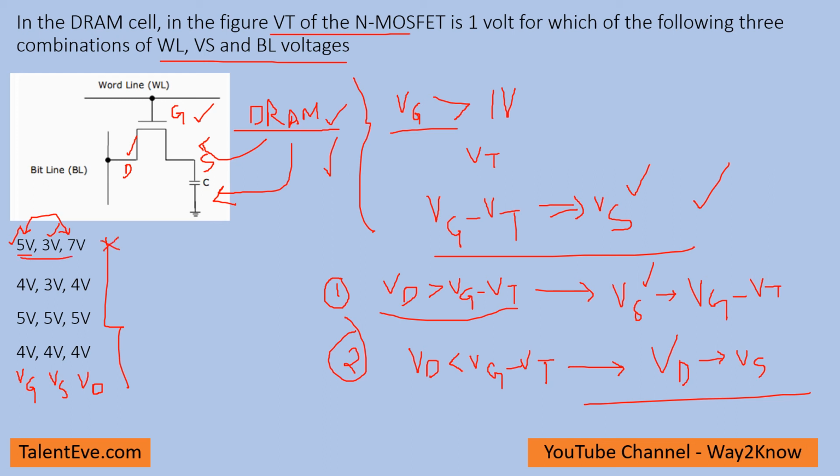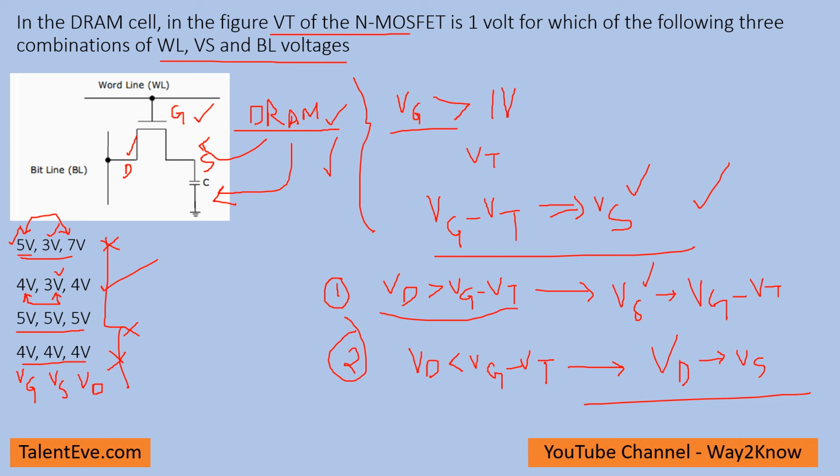And then if you see here, Vg is equal to Vd. So that means either of them would be applied, where Vg minus Vt, which is nothing but 3 volts, will be applied to Vs. That means this is the correct option. So definitely this is not the answer because there will be 1 volt negated. This should not be the answer. So straight away, if you understand the voltage variations that happen and what is the kind of voltage that surfaces at the source of the MOSFET, we can easily figure out the answer for this question.